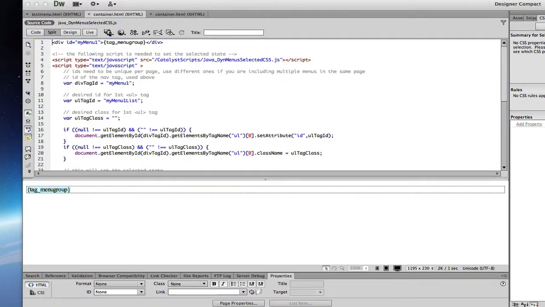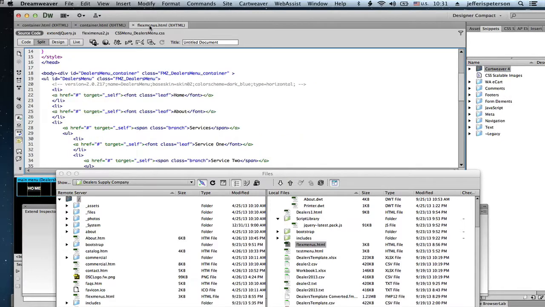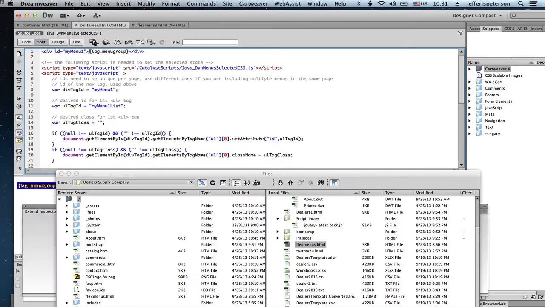And so a default copy menu has a div ID menu, and the ID tag is here. And what we do is we go to the Flex menus that you've created, and you see the div ID here, see this area here. What you do is you take this div ID with the class and you put it into the container menu here. Alright, so you're modifying the container menu and you're creating this overview in class, and then you take the ID here, copy it and put it here,